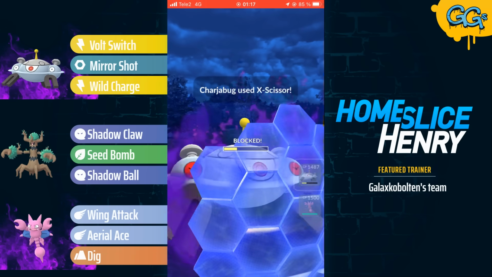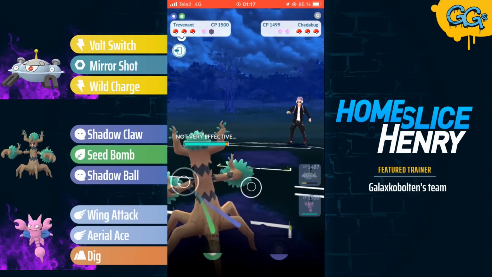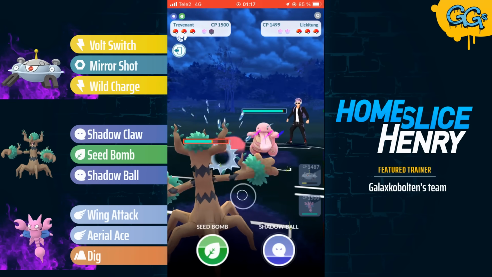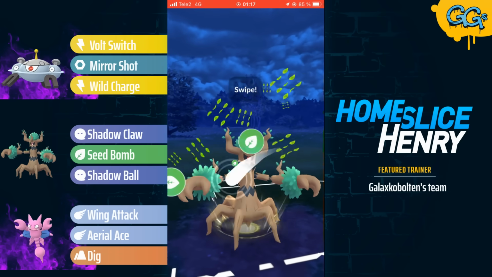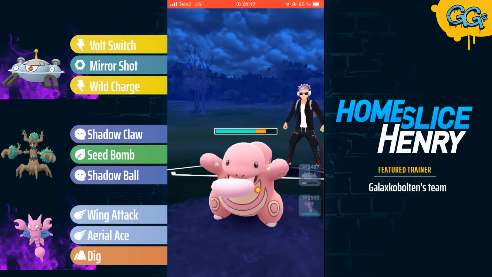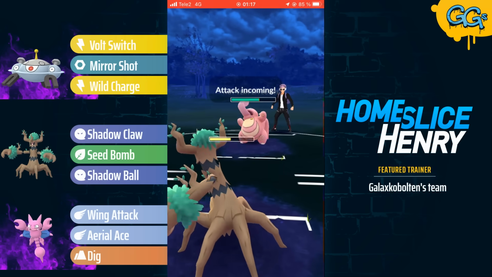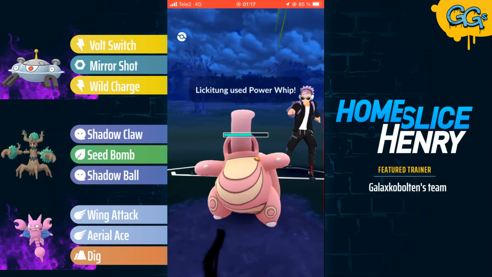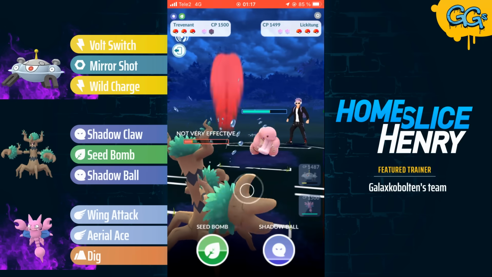We will see a shield from the Magnezone, preserving that energy for later, and save switching into the Trevenant. Opponent sends in Lickitung, but this time Trevenant does have that 2 Shadow Claw head start, as the Volt Switch that it took from the Charjabug doesn't really do much of any damage. So the question will be, is Trevenant going to be able to make it to a third Seed Bomb? Lickitung, as always in this matchup, is going to be firing off that Power Whip as it is single resisted,